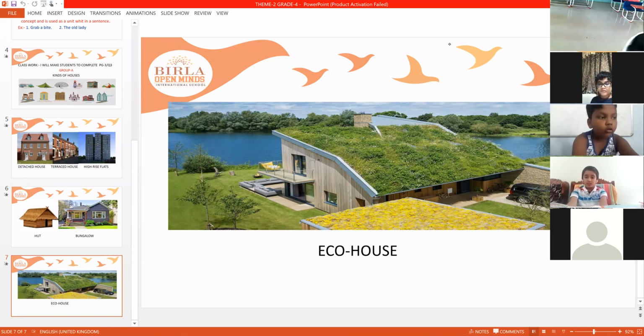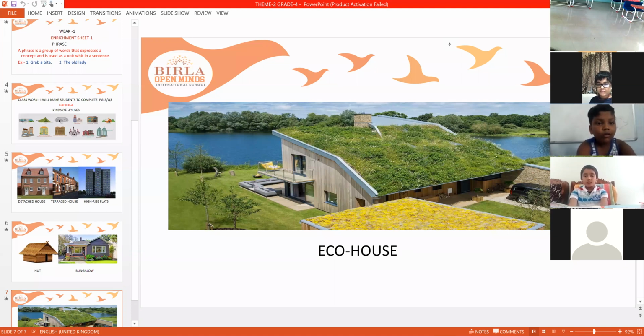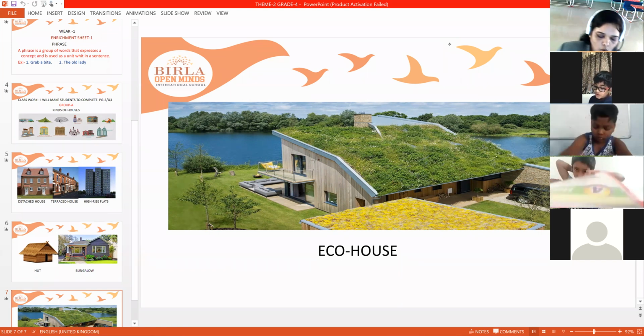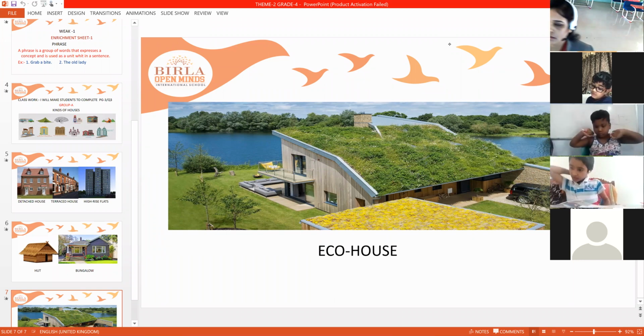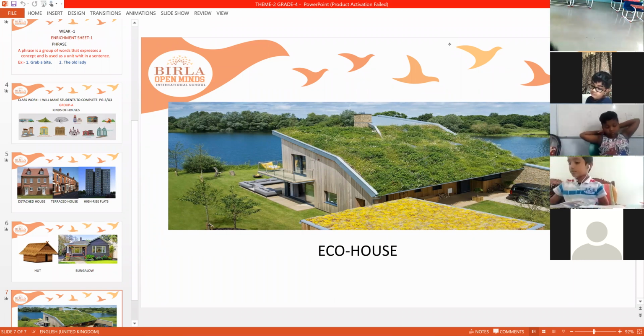And now I want you to take Global English page number 51. You can see there is an eco woodland house. Eco woodland house. Can you see there?